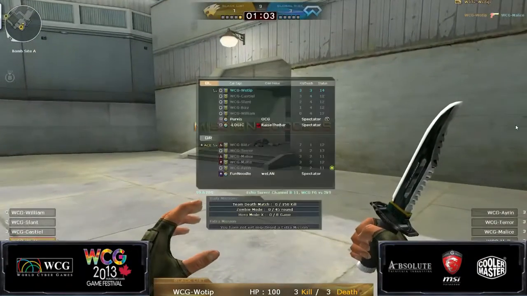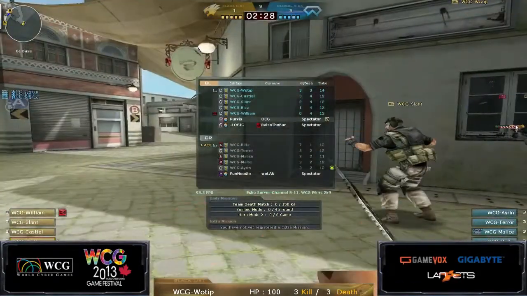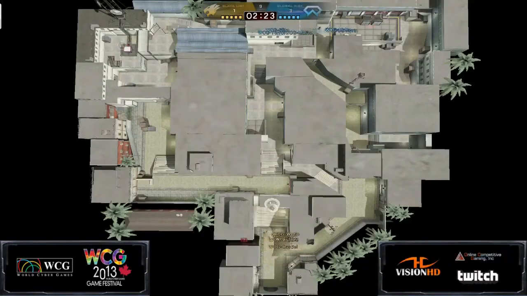Oh, he's just looking for the quick switch there, unable to get the op kill, switches over quickly to the Deagle, able to finish off Malice there in about 2 shots. So there's the first round for 2K9, and a much needed one,